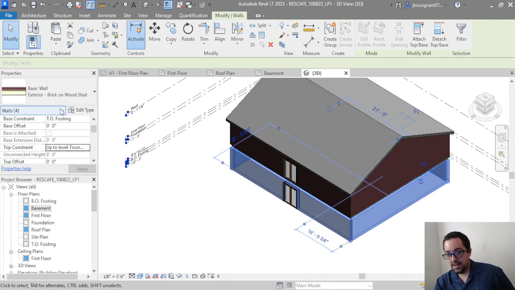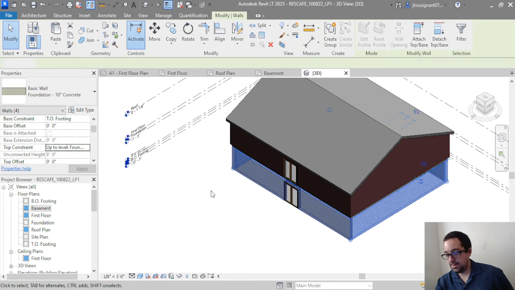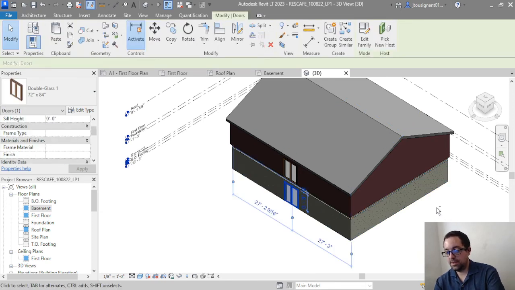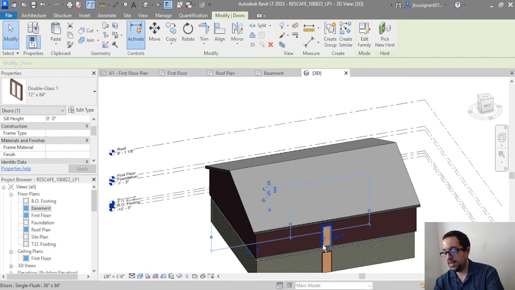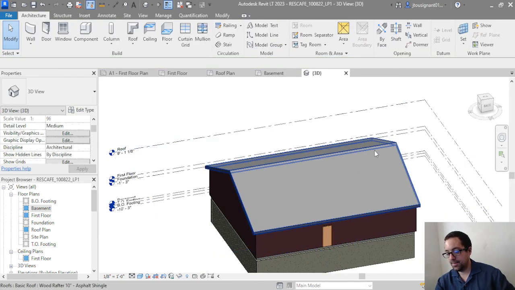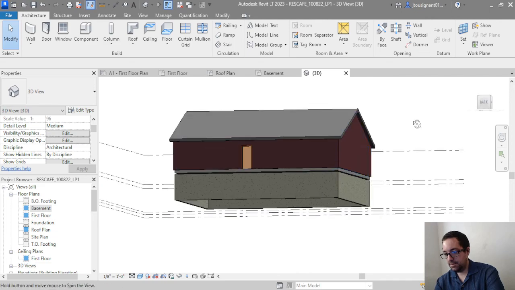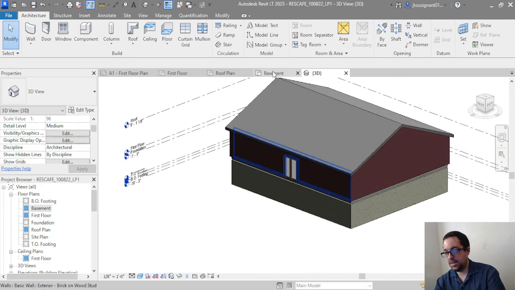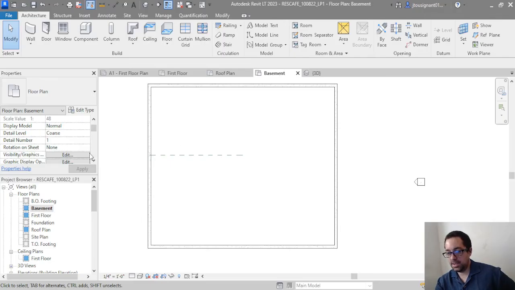Foundation, and then we need to change the type of wall. And then the doors, we placed doors before we copied, so those are going to copy down as well. So now I've got a foundation. So now I could go into the basement, see some walls, and I could turn on my underlay,